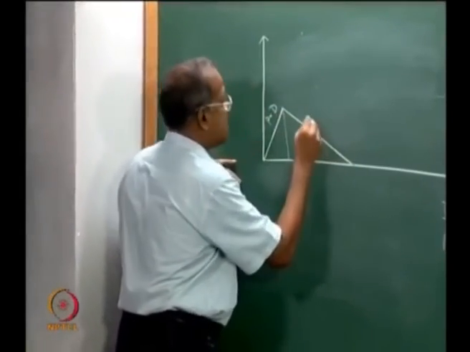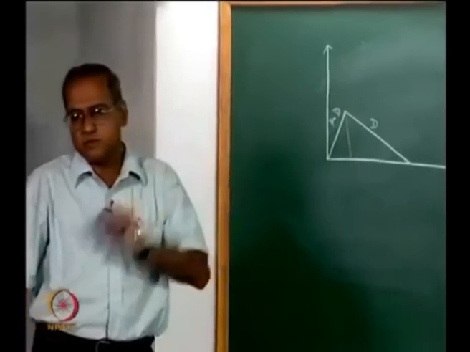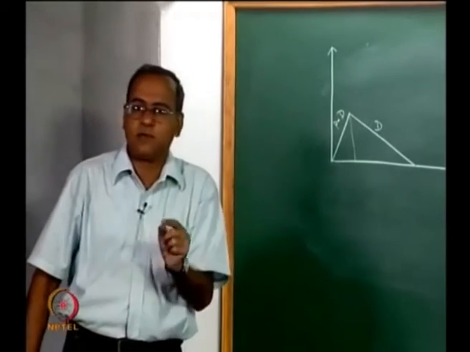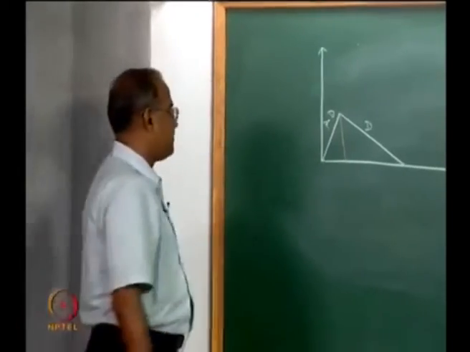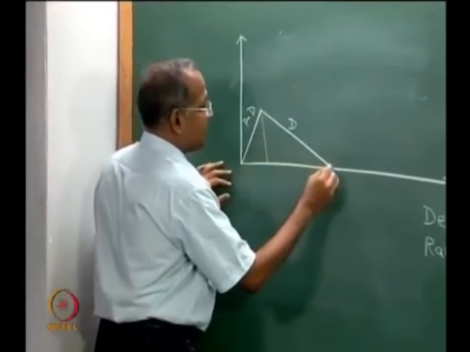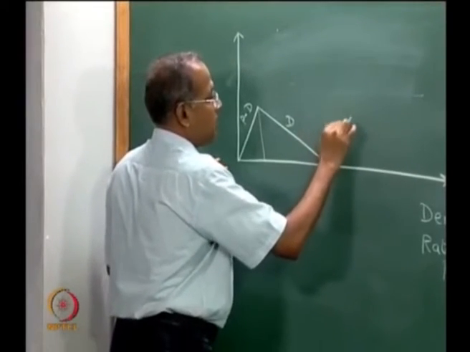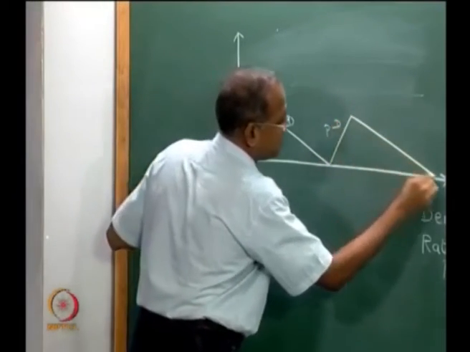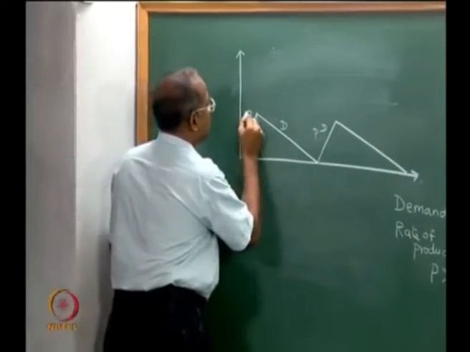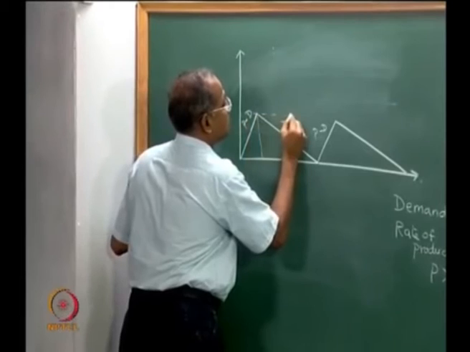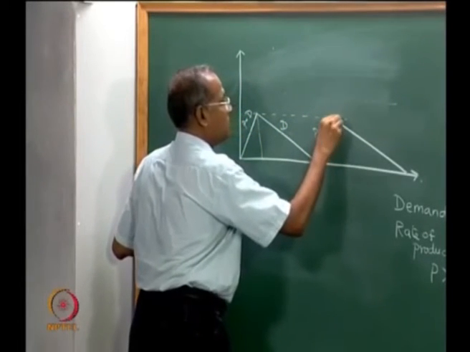Let us assume we stop production here at this point, and then we start consuming this item. So we consume it at the rate of D, and then the inventory comes to 0, and we assume that the moment the inventory comes to 0, we start producing this item again. So when we start producing this item again, we will again have this up to a particular point, and then we use this, and this is how the inventory cycle goes. So note that these 2 points are actually the same.